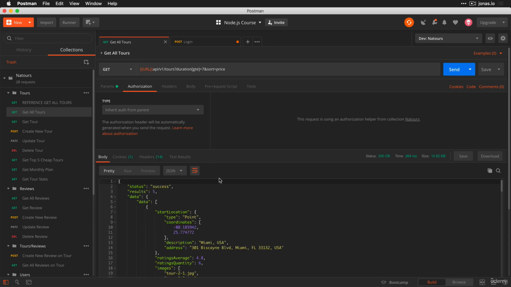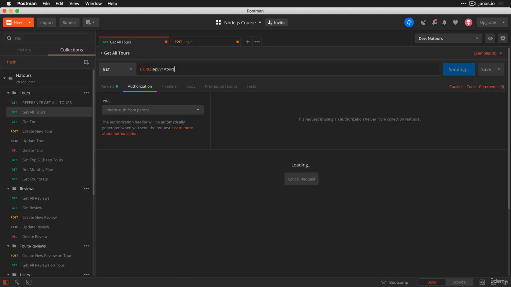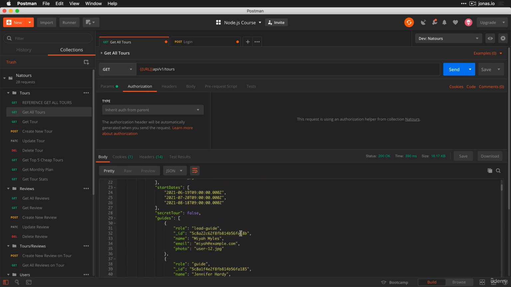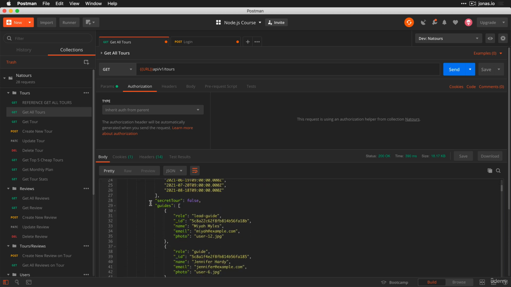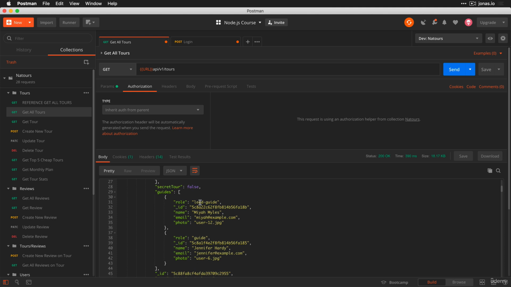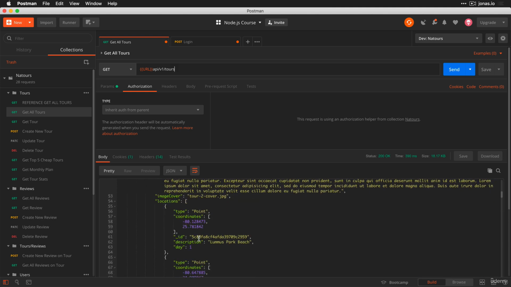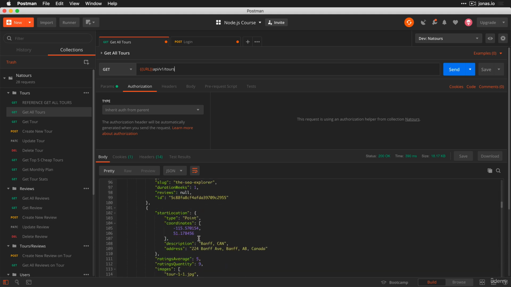Great. Now let's quickly get all tours here as well. And so let's actually just remove this filter here. Okay, and so we get all our 9 tours. And now you see that all of them now will have guides. Okay, so this is a lead guide and a normal guide. And also all of them will have a bunch of reviews